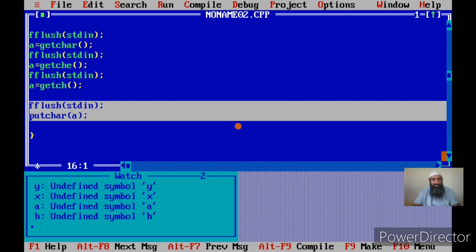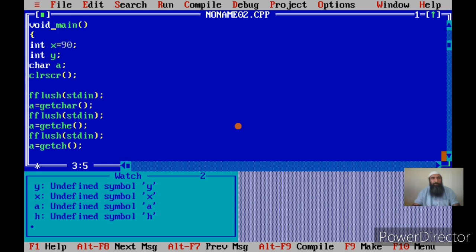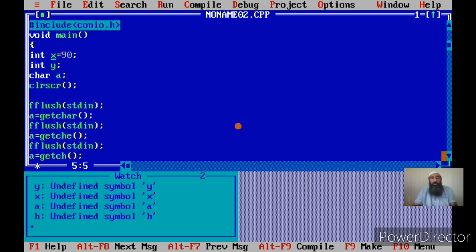Okay, this is the difference between getchar, getche, getch, and putchar. Putchar is a special output function, but getchar, getche, and getch are input functions. This is how we input a single character from the keyboard. Now if I have to give my name of a school or a name of a college or an address which is more than one character, I'll have to create so many character variables, because the limitation is that in one character variable we are storing one alphabet, or one character. What is the way out of this? The way out of it is arrays or character arrays.